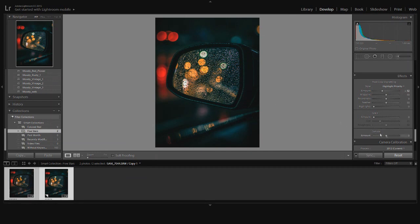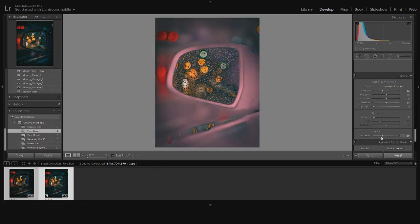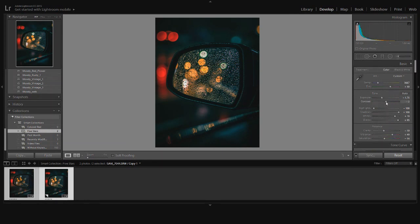And we have as well here a slider which I often use, and this is the dehaze. So this is controlling exactly how the blacks are behaving on your picture. So you can burn the black. If your image is highly dark, you can play with the blacks going up a little bit, but as you can see, this is pretty much ugly like this. So we are not going to the minus direction, but we are going rather into the positive direction, but not so aggressively, because this as well is like a contrast slider, so you can apply this easily all together with the contrast slider, so it has a little bit of similar effect. So I just can recommend that you use both of these sliders